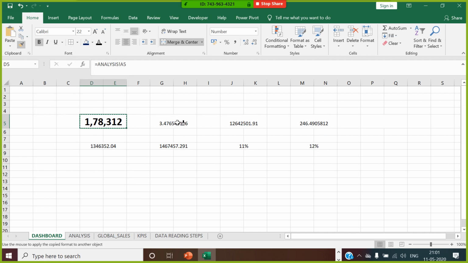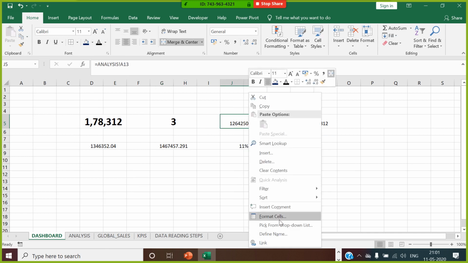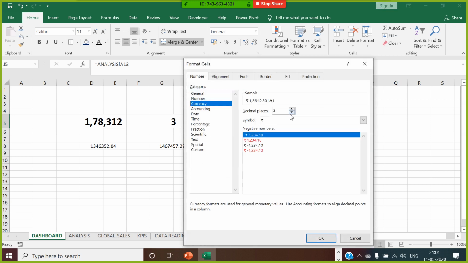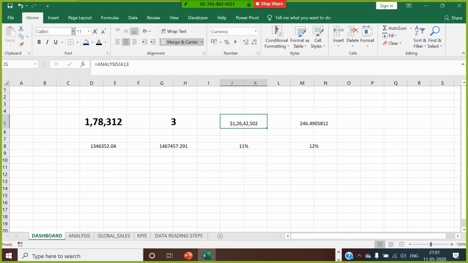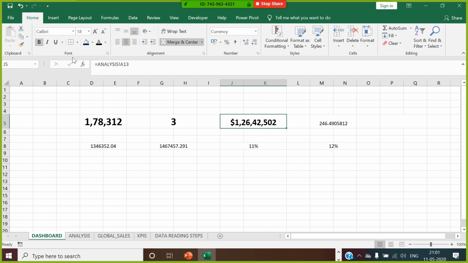I apply the same thing over here. Then going here, I apply this format cell, make it currency 0 decimal values, Australian Canadian dollar, make it bold, black, and I'm going for this. I apply the same thing over here.